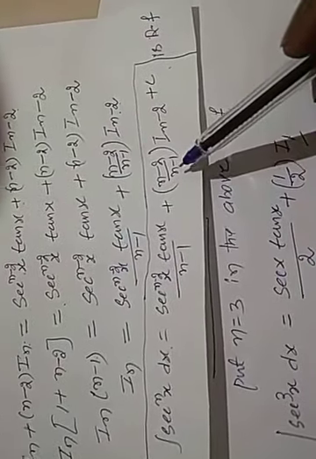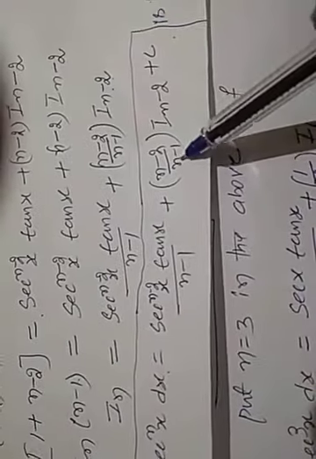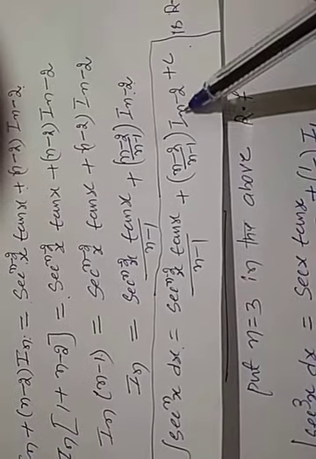Again we have to estimate I1. I1 is what? Now if you put n is equal to 1 in this reduction formula, this reduction formula is not valid for n is equal to 1, because when n is equal to 1, 1 minus 1 is 0, so it tends to infinity. Therefore this reduction formula is not valid for 1. This reduction formula is valid only for n greater than 1. Okay. For this, to estimate I1,